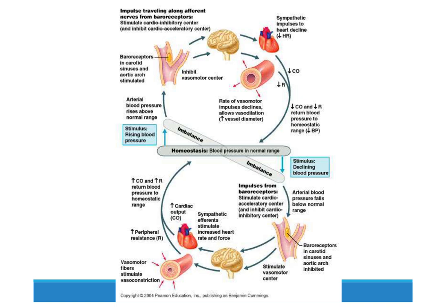This diagram gives an example of the feedback that occurs as blood pressure changes and moves outside of the set point necessary for homeostasis. So if we start here on the left, we see rising blood pressure, which will be picked up by the baroreceptors in the carotid arteries and also the aortic arch. They will send a message to the brain that will cause two responses. First of all, the heart rate will decrease, so there will be a nerve impulse sent to the heart to decrease the heart rate, but also the blood vessels will dilate, so they will get larger. That will lower the pressure overall, causing a decrease in blood pressure because the blood vessels are